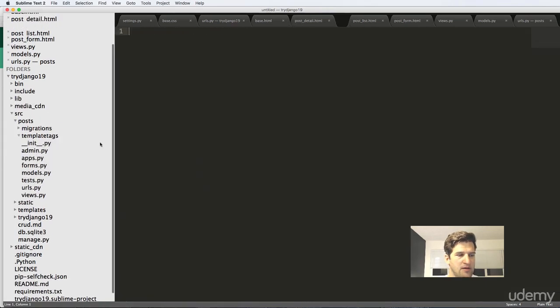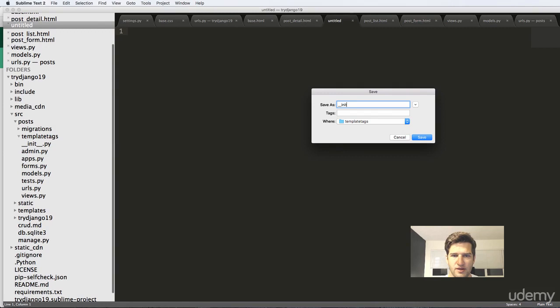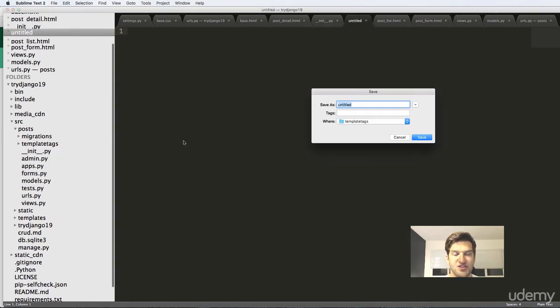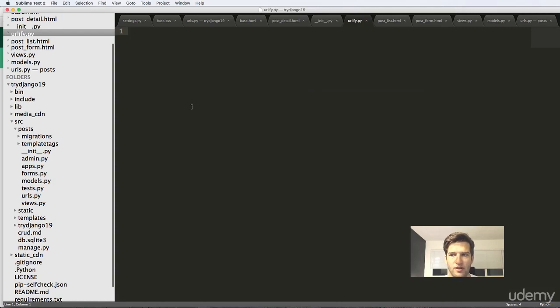And we're going to make it a Python module with init in here. And then we're going to name the filter the same name as the file. So I'm going to call this URLFI.py. And we're going to import a few things. So from urllib, import quote_plus. And then from Django, import template. It's going to be a lowercase template. And then register equals to